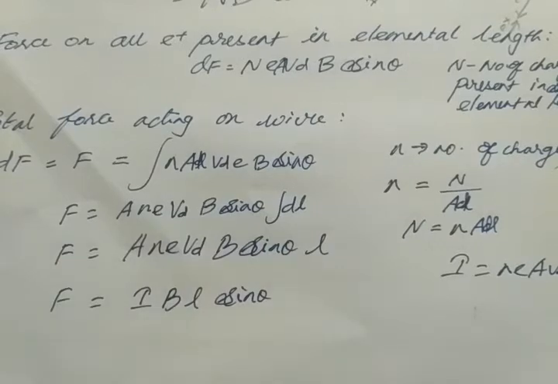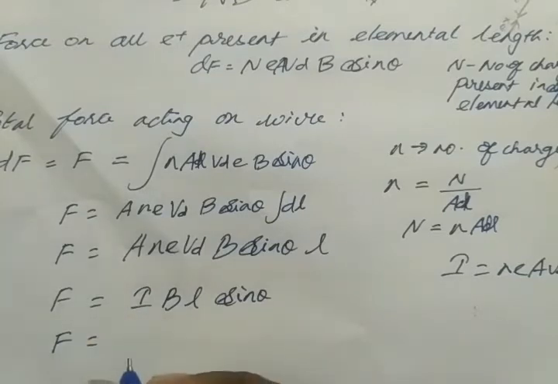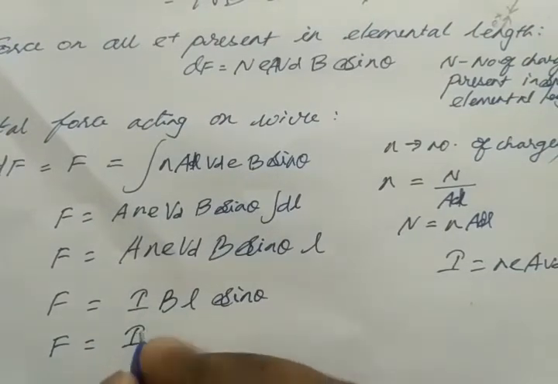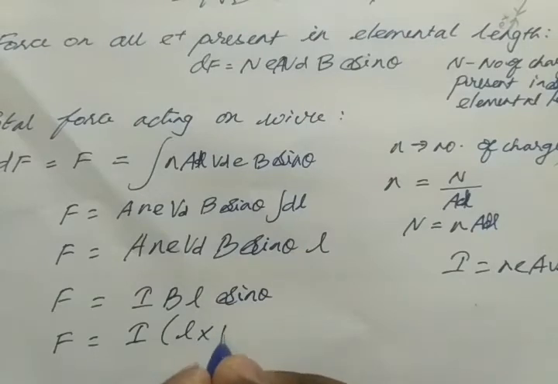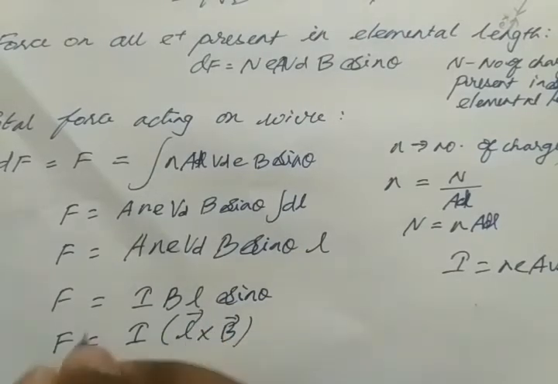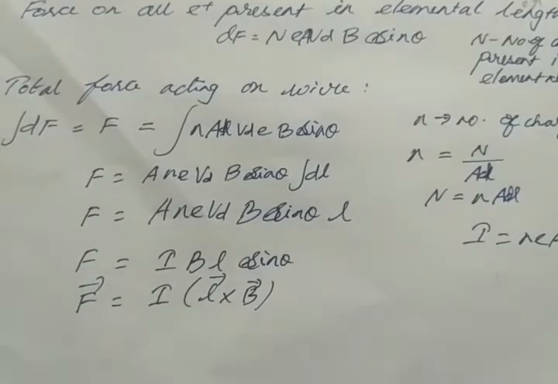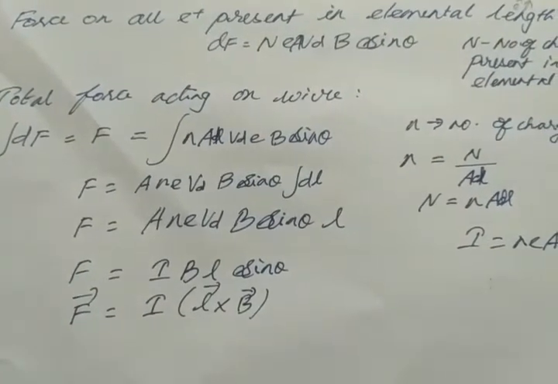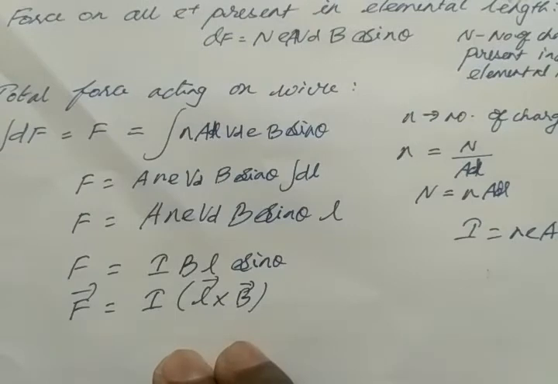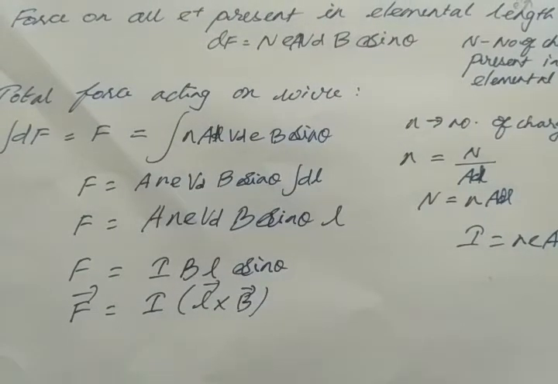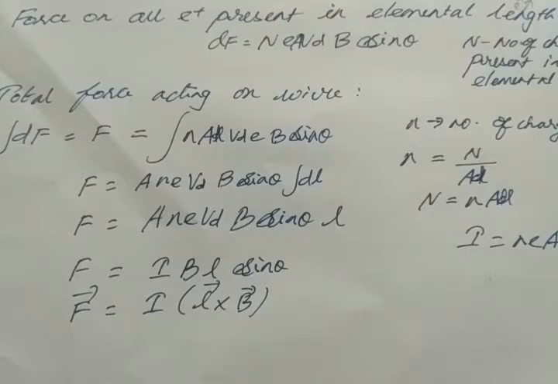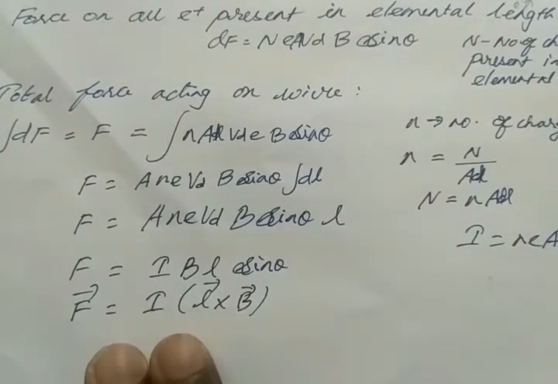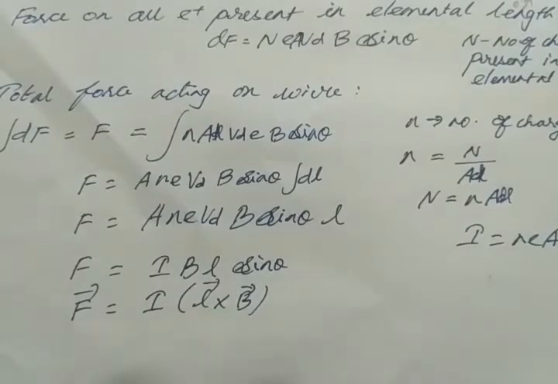To remove the sin theta, we have to add the cross product. So F equal to I L cross B. Very, very important formula. I L cross B. Whenever they ask numerical problems, they only ask from this formula, because we are never able to find the value for a single charged particle. In our calculation, we never use one charged particle; we use the whole conductor. So for that they ask more numerical problems based on this formula only.